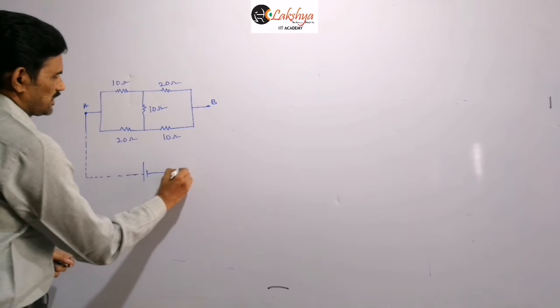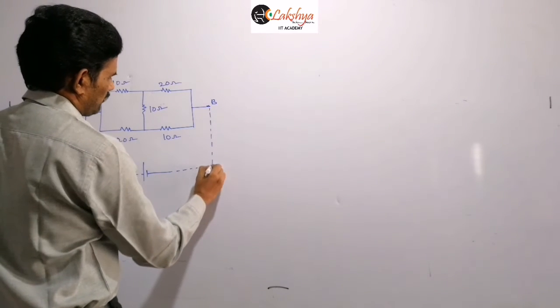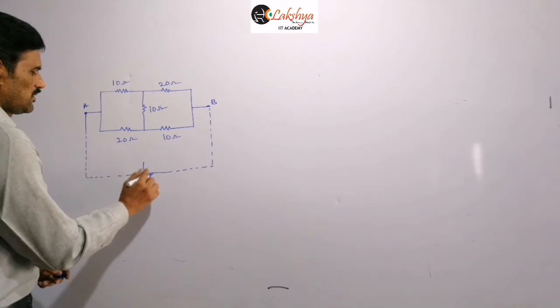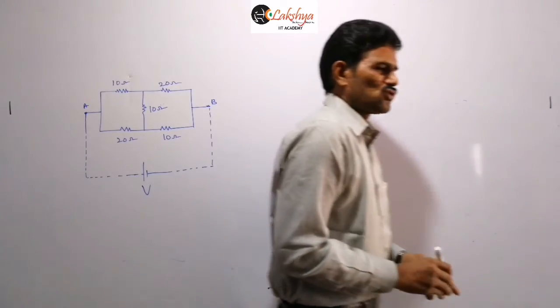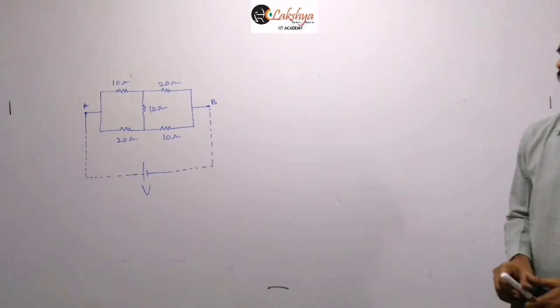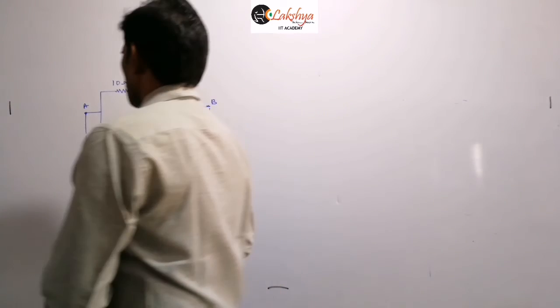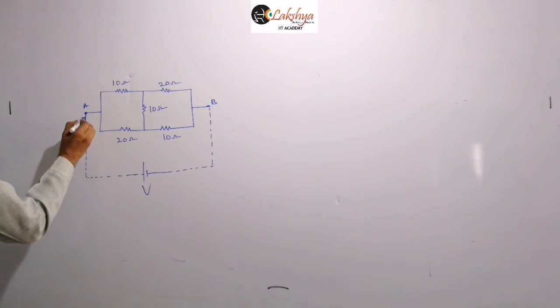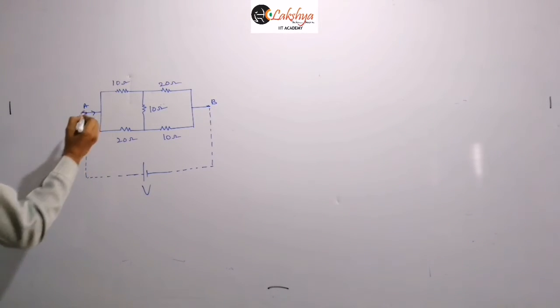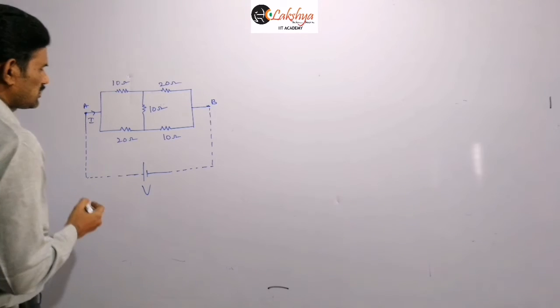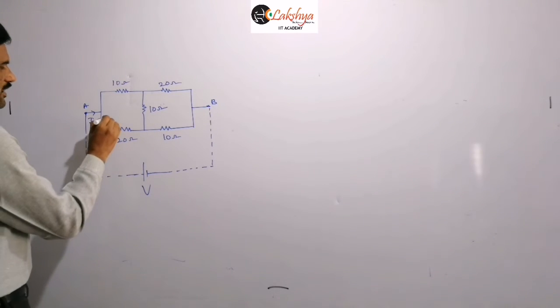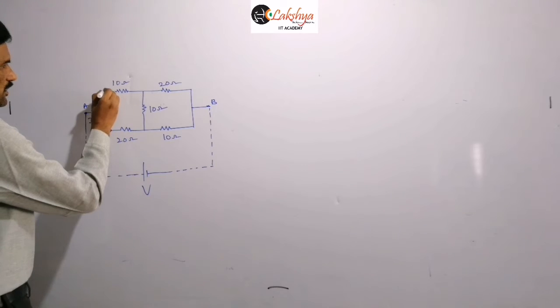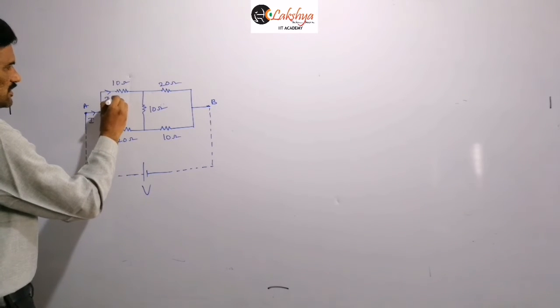So here a cell is connected, we are assuming like this, right? This is of potential difference V. So you may write that, assume a cell of EMF V is connected between A and B. Now I am taking the current distribution here. So from this cell I am assuming this current I is flowing here, right? And so then here this current I am taking as some I1, then this current will be I minus I1.